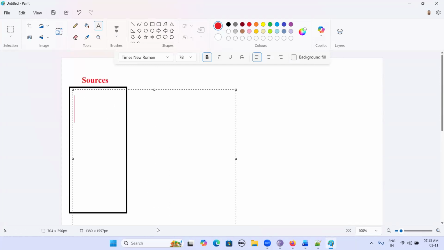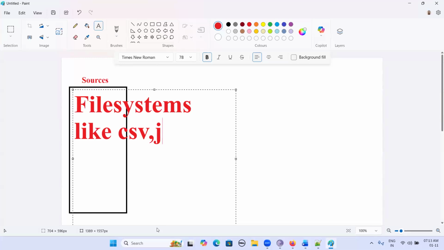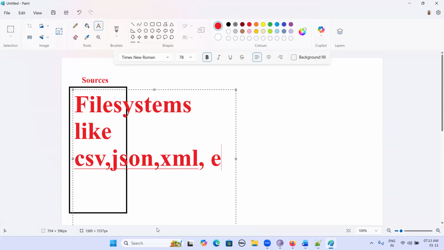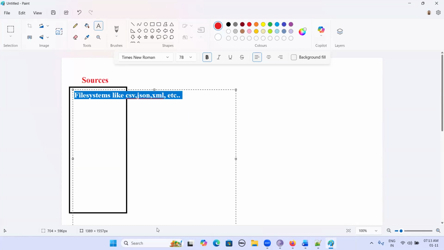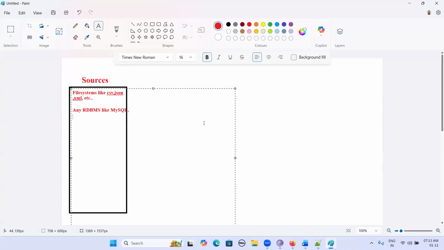These sources may be file systems like CSV, JSON, XML, etc. These sources may be any RDBMS like MySQL, Oracle, etc. These sources may be any NoSQL databases like MongoDB,